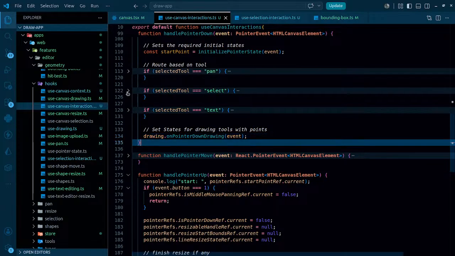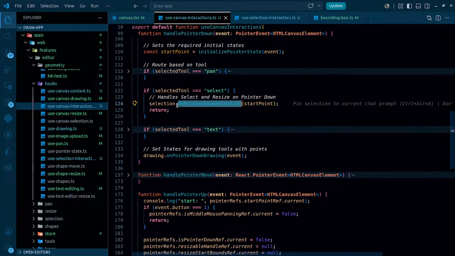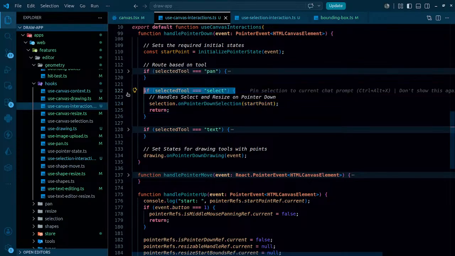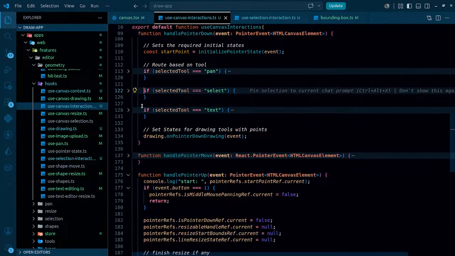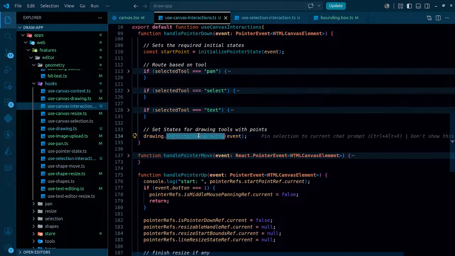The main reason behind keeping this particular method in the use selection hook is that the type was select, and after selecting we were getting the things done. But in this particular case, all the remaining things are going to the drawing, because whenever we click down or up or move, at the end of the day we are just simply